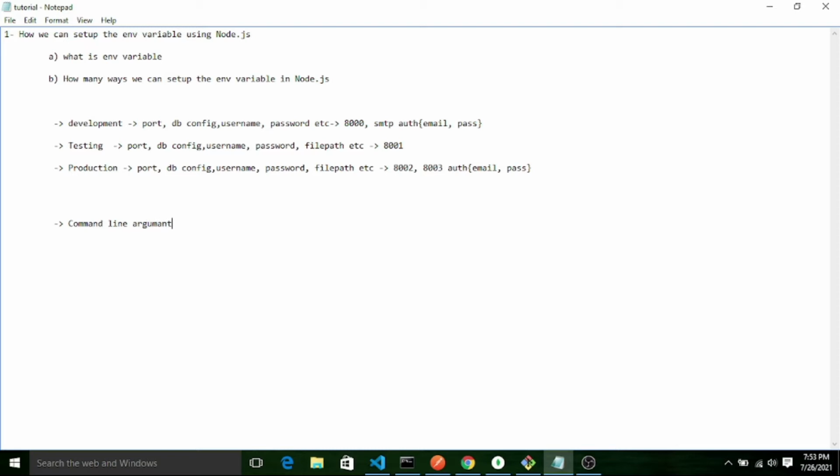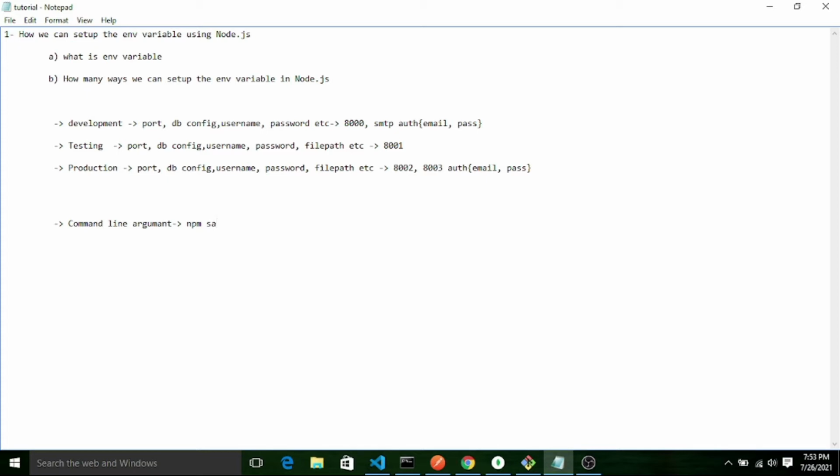Okay, what is this? Let me explain again. When we start our Node server, I am using npm start. I have declared the script inside the package.json.